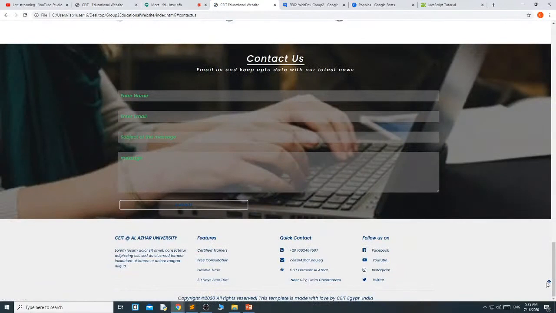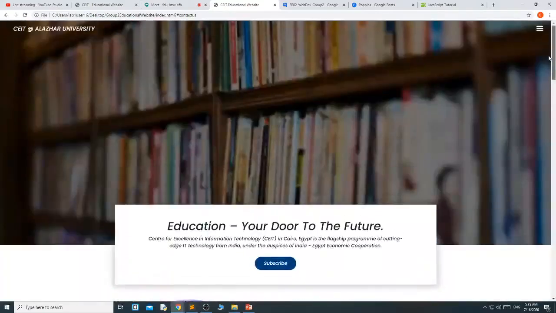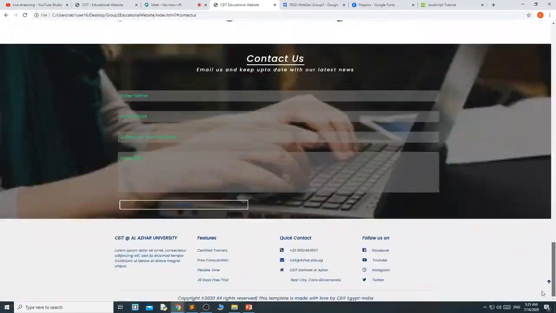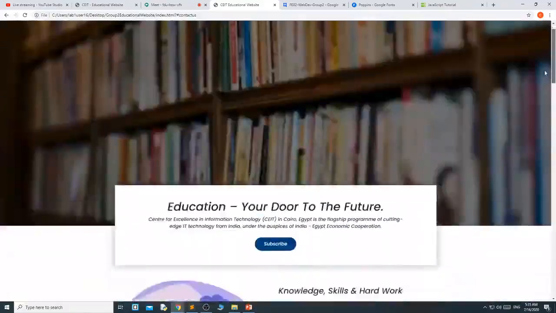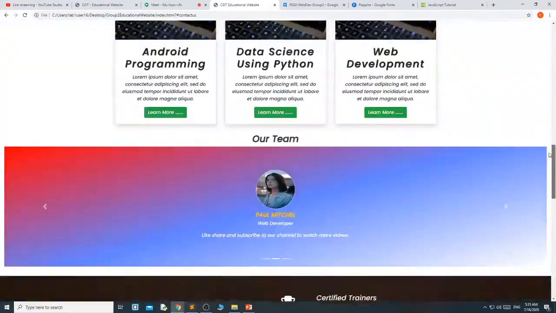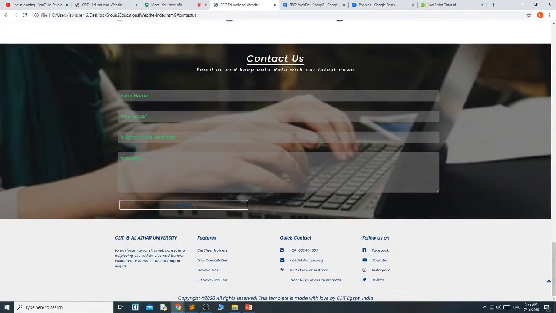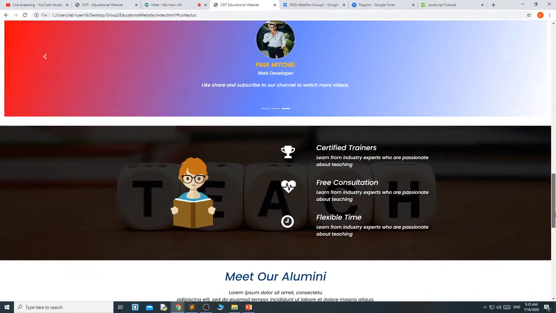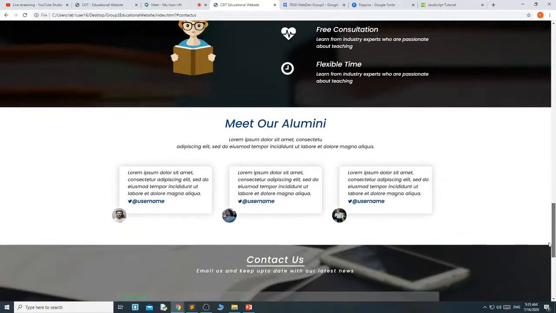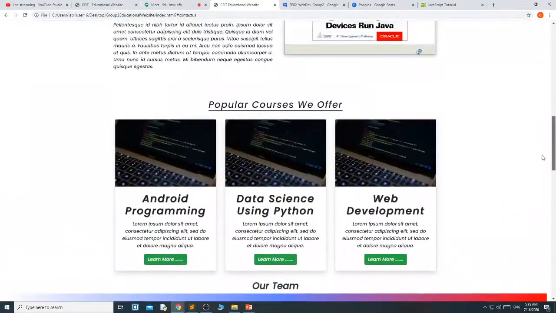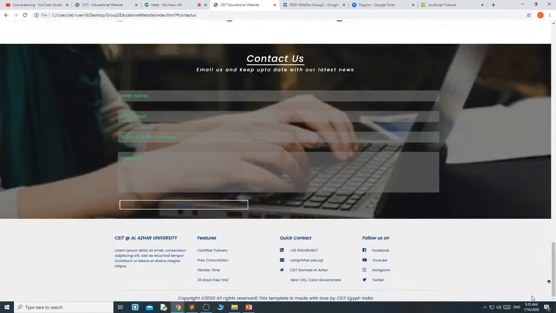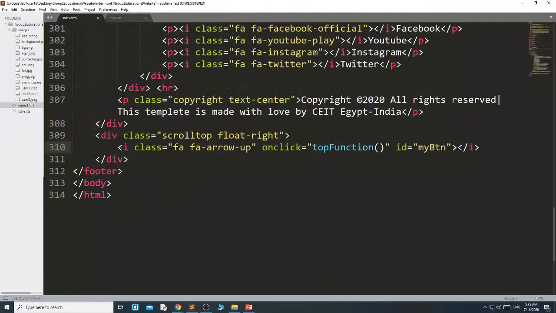See, there is an icon here on the right side corner. Okay, but this icon is not fixed. We want to make it fixed. Fixed means if you scroll, it will not change its position. It will be visible. Now once I scroll, it is not visible. Once we come out of the footer section, you cannot see that. It is visible only in the footer section, but we want it to be visible throughout the screen. And the size I want to change a little bit. I want to design it.